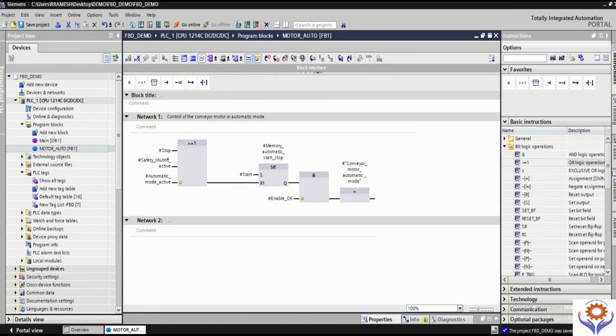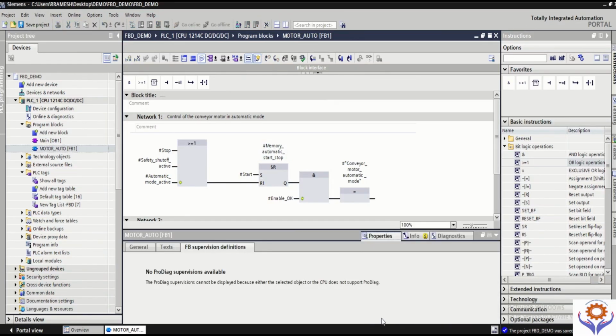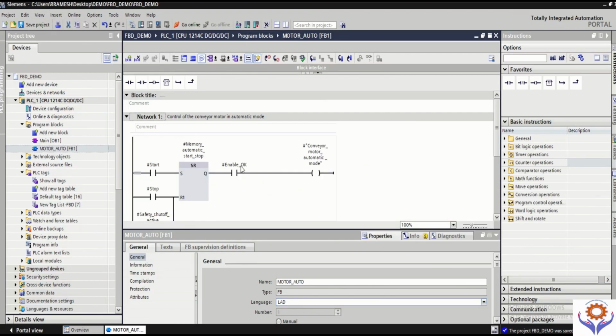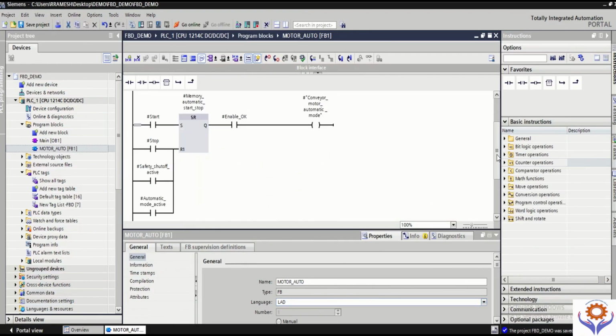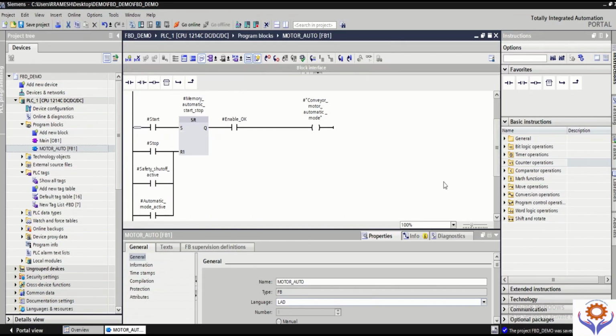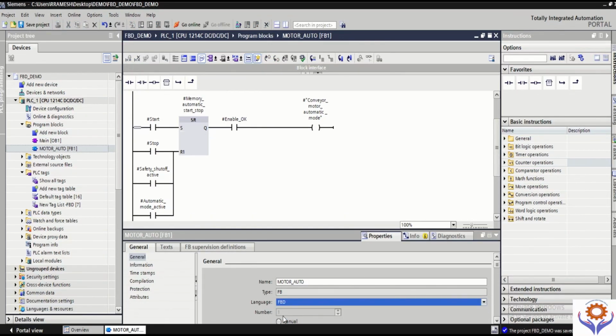So this is very simple. This is just one sample of how we add the function block diagram. And if you go to the properties, you can find, even if you need to change this to ladder logic, just click here on language. See, the function block will automatically change to ladder logic. This is the beauty of Siemens TIA Portal, because you can change either function block diagram or ladder logic directly from the